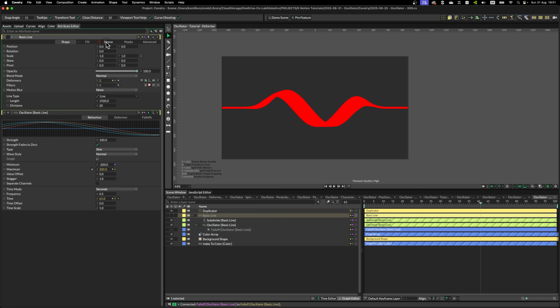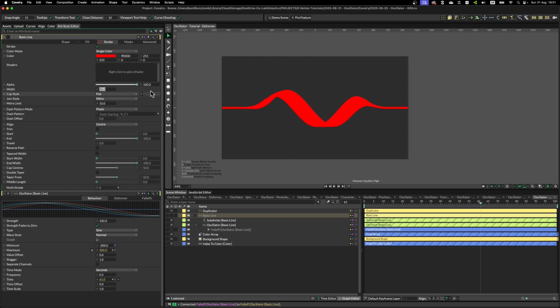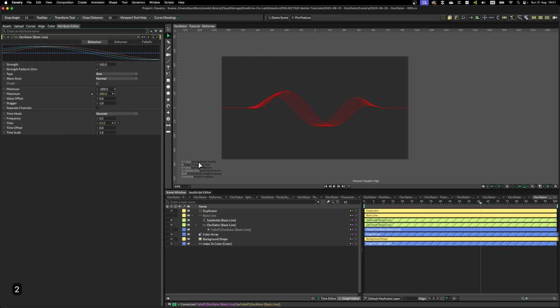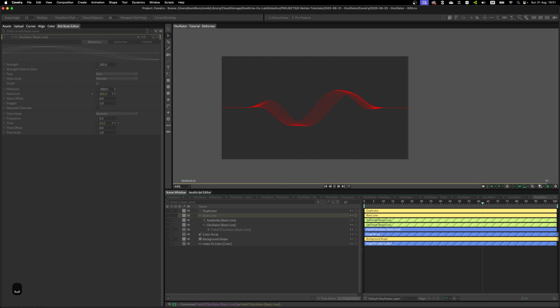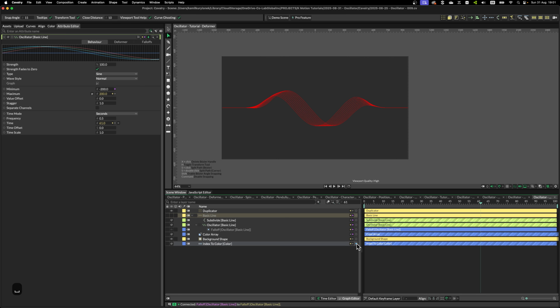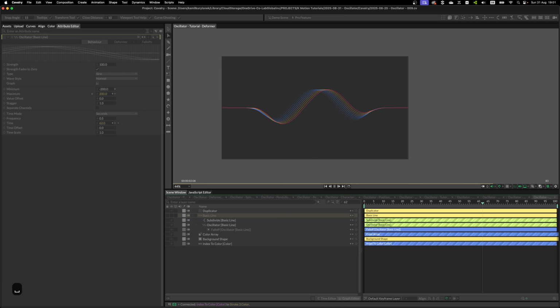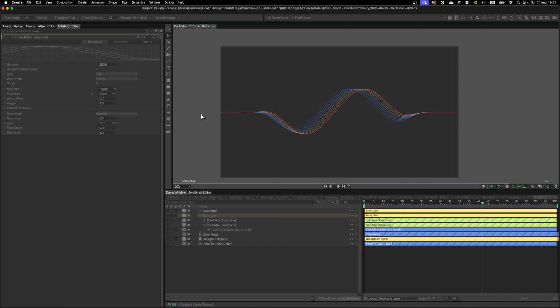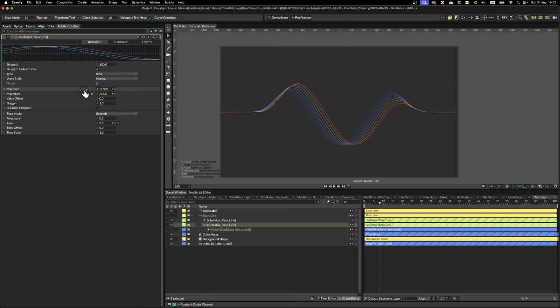Go back to your basic line and let's change it to maybe like 4. Press play and we got a nice and easy animation. We can take our index to color, drop it on stroke, and we've got this psychedelic looking wave of sorts. And this is where the fun starts, because we got everything linked very nicely. We can